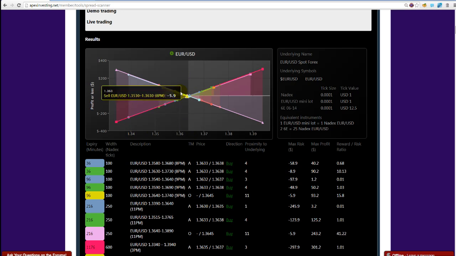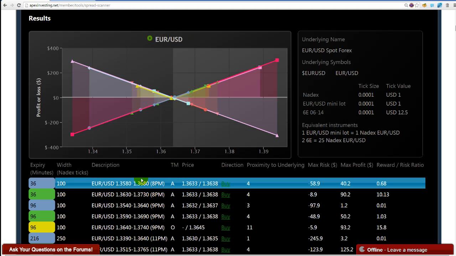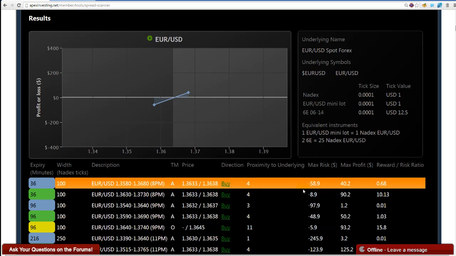Okay, so the shading, let me zoom in, make it easier. The shading right here, that is the price of the live euro dollar. Okay? And to get rid of all those colors, I'll just click on one of them and it'll select just one. Makes it a little less intimidating. Go down here, and this is the price of the euro dollar itself, like 1.34, 35, 36, 37, okay? And then on the left side, what you'll see